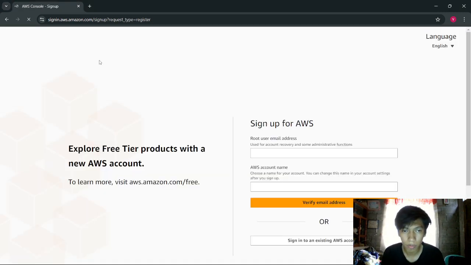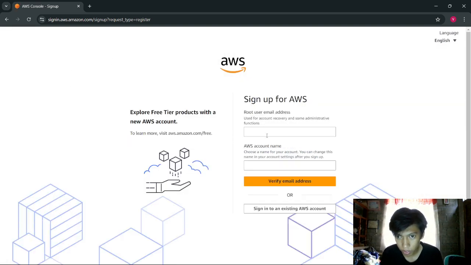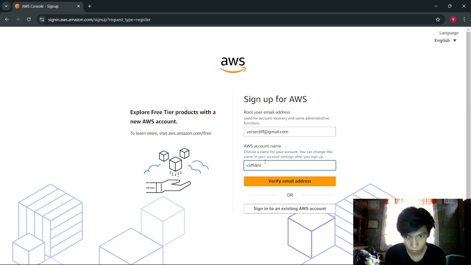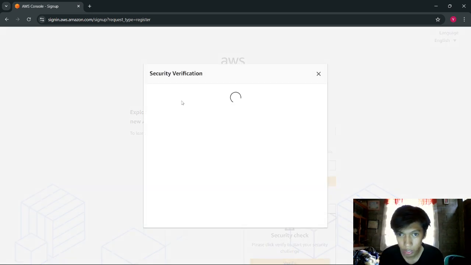Then after going to create, you have these words. Click at email.com. So let's click verify email address, and let's have the security verification.